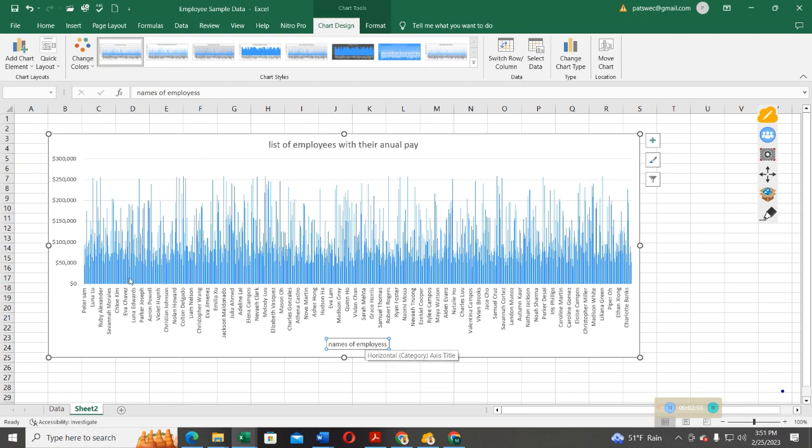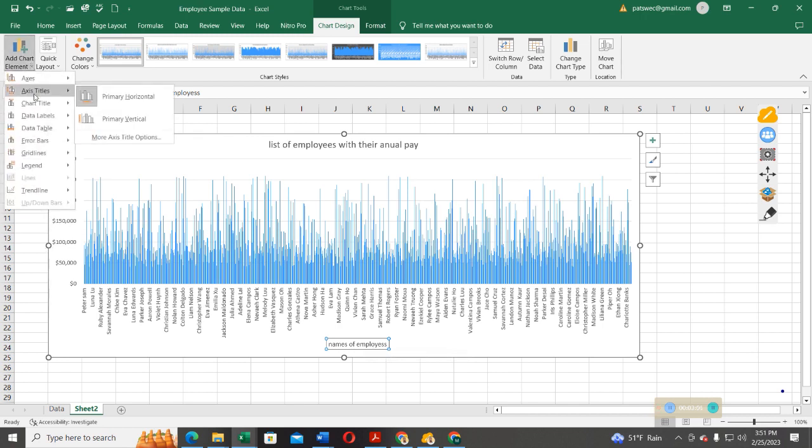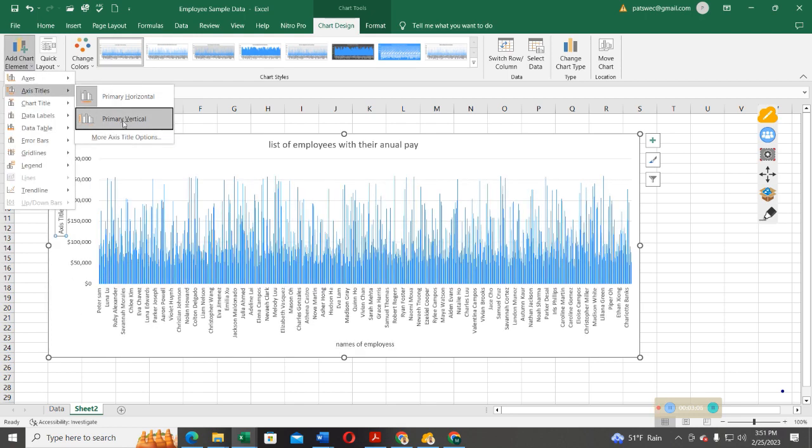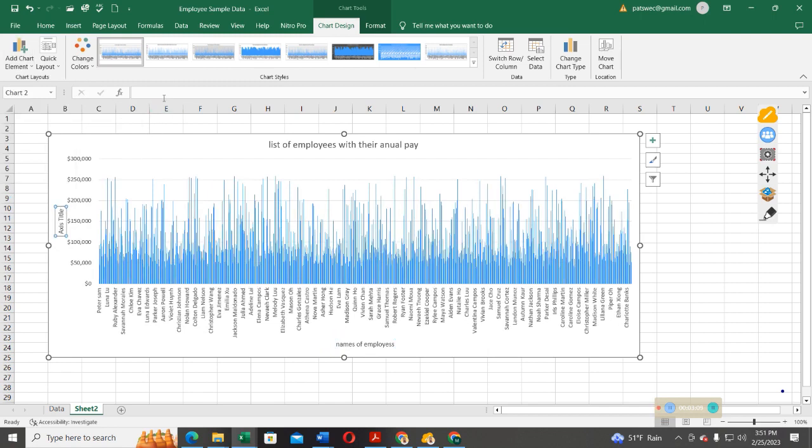Once that is done, I want to add the y-axis. So go again on the chart element, select the axis title, and now choose the primary vertical. Once that is done, go to the formula bar and type the payment of employees. Press enter to effect that in the vertical axis. So now once that is done, you can see that I've given my chart the title, the y-axis